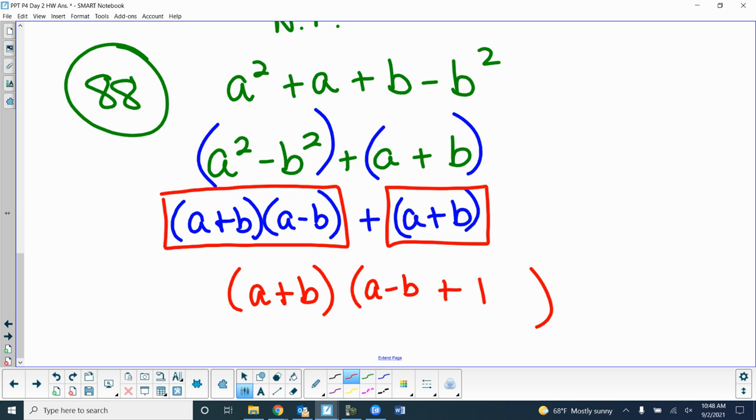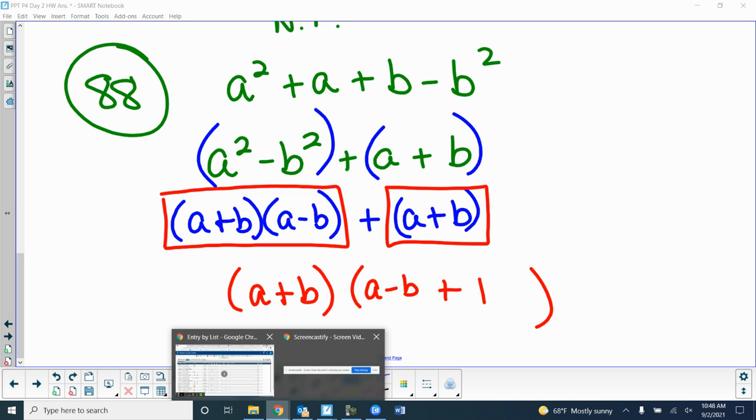So that was kind of a weird looking one. Had to switch up the order and stuff. Any questions? Are we getting better at factoring? That's the goal. Did you get better this week? Yes? No? Yes, I think you did too. All right, so good job on